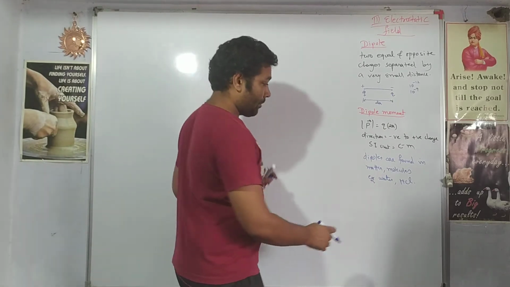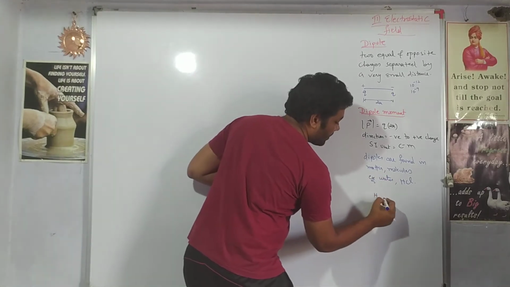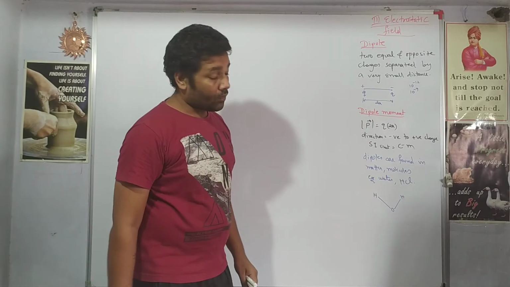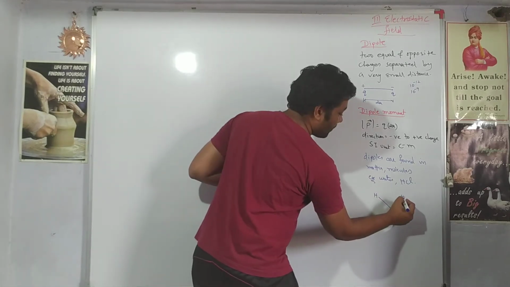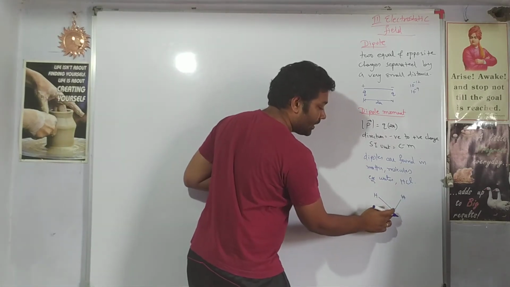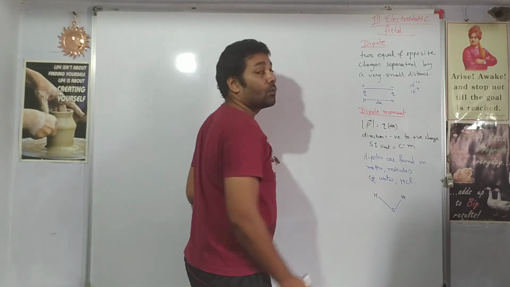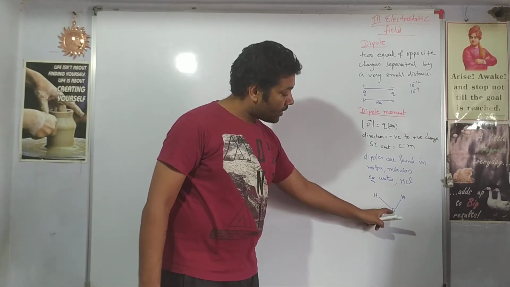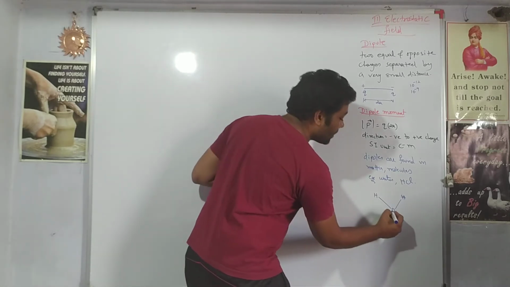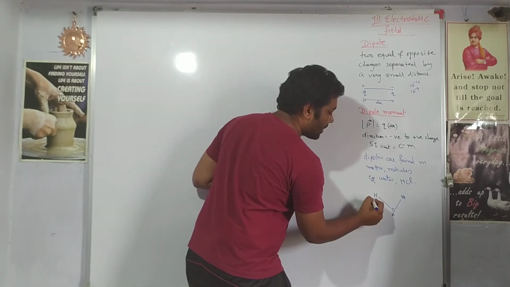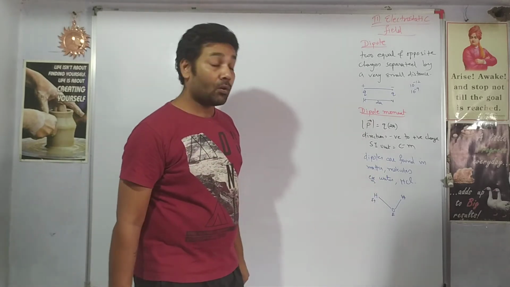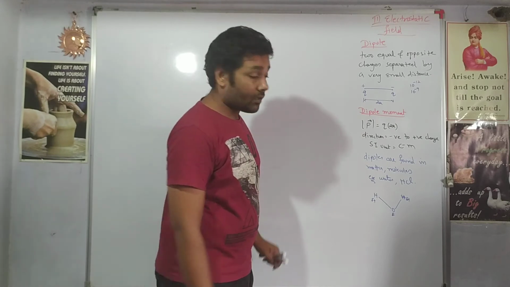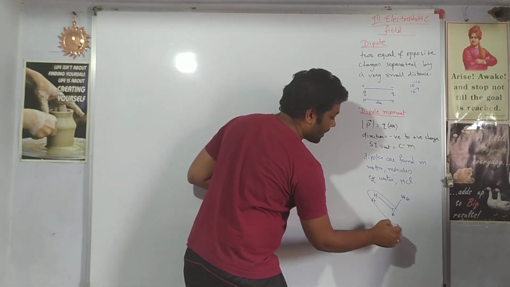How? Let us see. Water is made up of two hydrogen atoms and one oxygen atom. Oxygen having a higher electronegativity pulls the electrons towards itself, as a result of which oxygen acquires a slight negative charge and hydrogen acquires a slight positive charge. Same thing happens here also. This hydrogen will also acquire a slight positive charge. Now this arrangement resembles a dipole.